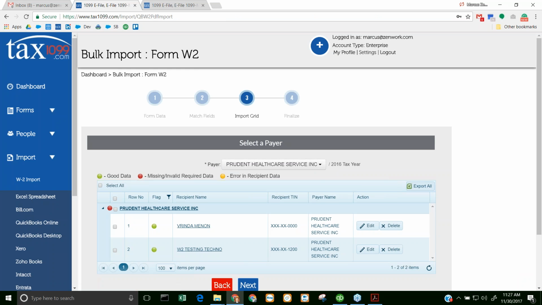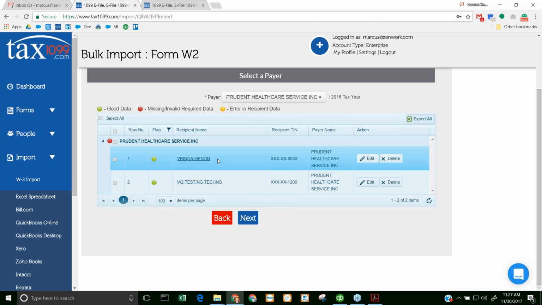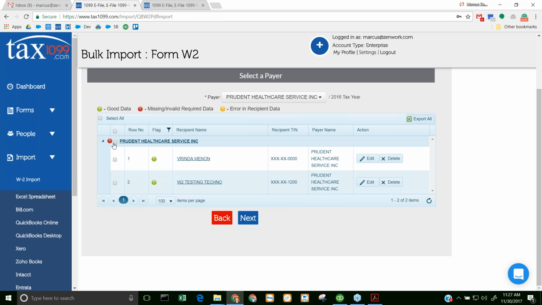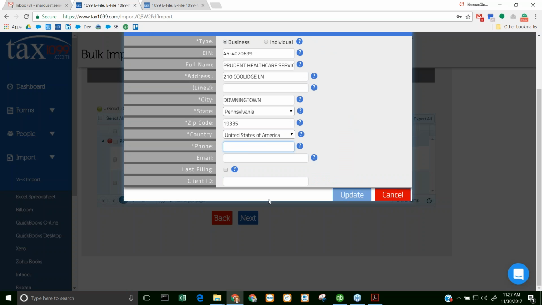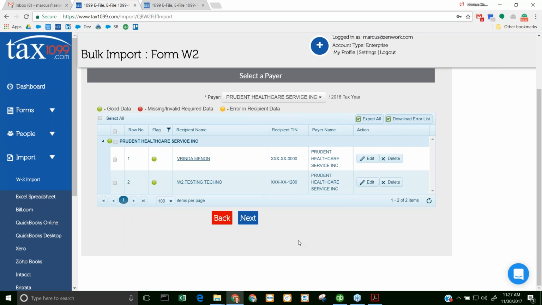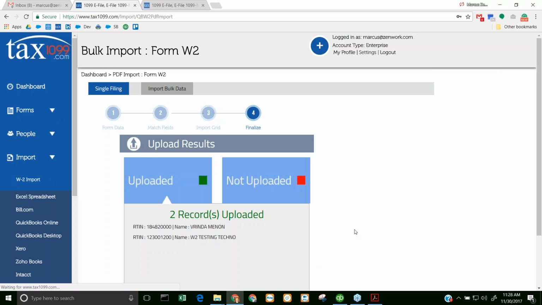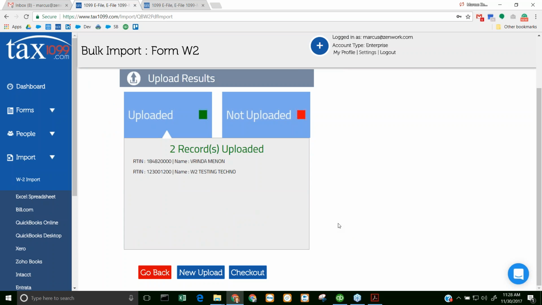Here is my payer, and here are the 2 W-2s that I need to do. And here is a good way for me to showcase that we have insufficient payer information. So I need to click on that. We've got a red dot, and it looks like we've got a missing phone number here. So let me enter in a phone number and click update, and that will allow me to have all the information I need for the filing. So I'll select the payer information here as well. Okay, I've got 2 records uploaded. I'm going to check out,